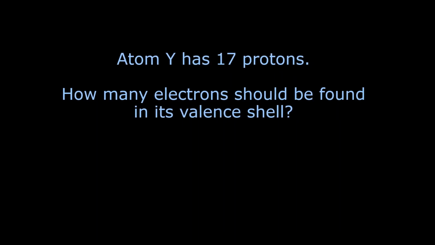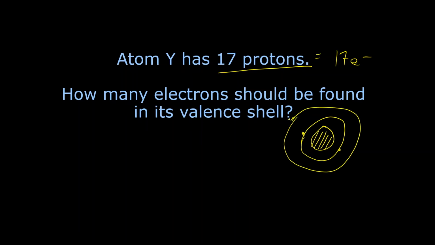Atom Y has 17 protons. How many electrons should be found in the valence shell? We'll sketch it out real quick. You put the nucleus here, we don't really care because we need the number of electrons, and we know that there's 17p, so there's going to be 17e as well because we have a balanced atom here. So 17, we need 2 electrons here, need 15 more. So put 8 here,